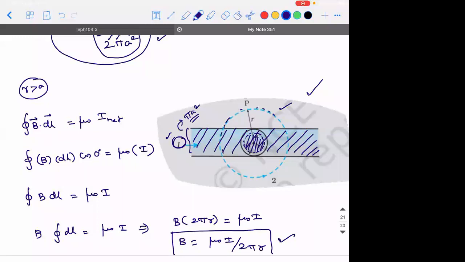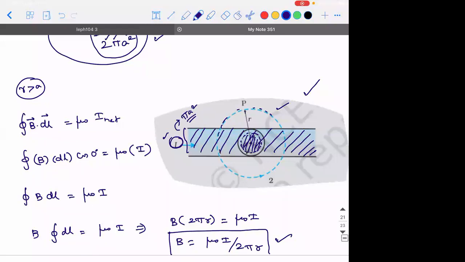Whereas when you take the region outside, whether you take a radius of value A, 2A, 3A, 4A, for that matter, even at infinity, if you take the Amperian loop, the total current enclosed by the Amperian loop will still be I only. Yesterday, I told you one point, no. If the current carrying conductor is like this, and if I take this point as P, how many conductors does it have? It has only one conductor, and the total current enclosed by the Amperian loop is I1. That is the reason I didn't take it. Okay, whereas sir, for inside, you need to take it. Okay, sir. Understood.